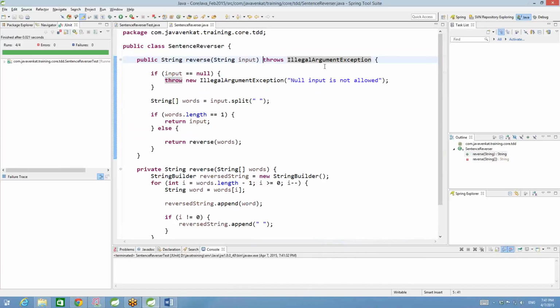The only point is you don't need to do it, because this is a runtime exception and the compiler does not force you to do it. You don't gain anything. You don't lose anything. It's extra code. You know what I'm saying? Okay. But let's say